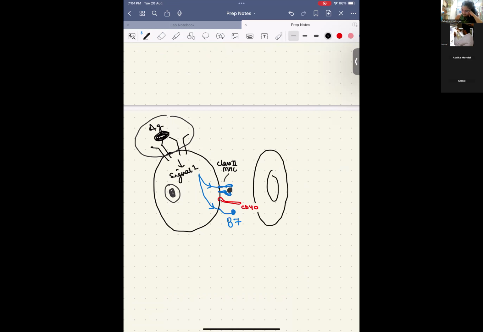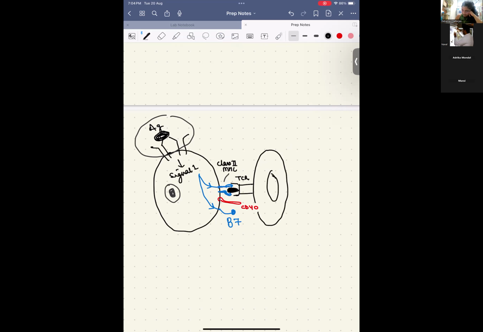The T cell has TCRs. So this TCR is going to recognize this